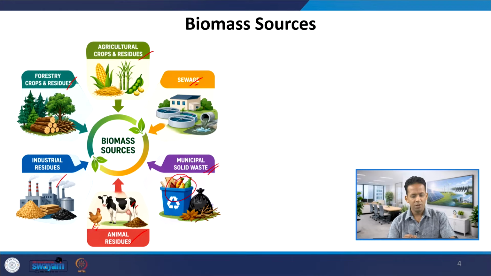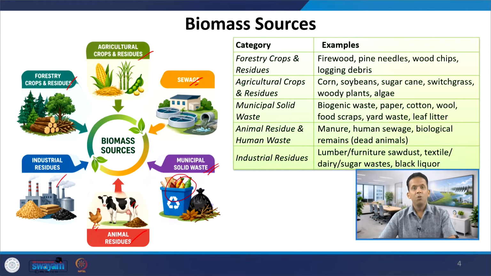So, when that sewage is treated in an effluent treatment plant or a sewage treatment plant, all this organic portion which can constitute the biomass is separated as sludge, and that is also a source of biomass because the capacity of STPs is huge and the flow rate of water which goes into the STP on a daily basis is significant. It's in million liters per day. So, these are different sources of biomass, and if you look at some specific examples, forestry crops include firewood,